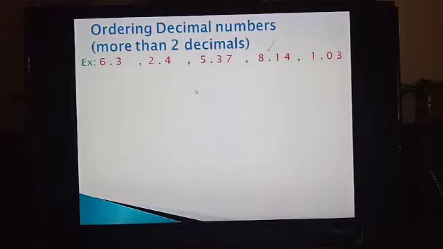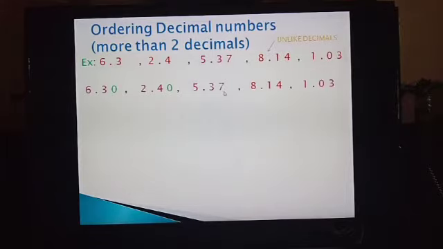Let us see one more example. See here, 5 decimals are given. What type of decimals are these, children? These are unlike, because here only 1 decimal place, here also only 1 decimal place, here 2 are there, here 2 are there, even this decimal is also having 2 decimal places. So the maximum number of decimal places is 2. So here also we shall make them into 2 decimal places by adding zeros at the end. These are unlike decimals. We need to convert them into like decimals. So by adding zeros here, we made them into like decimals.